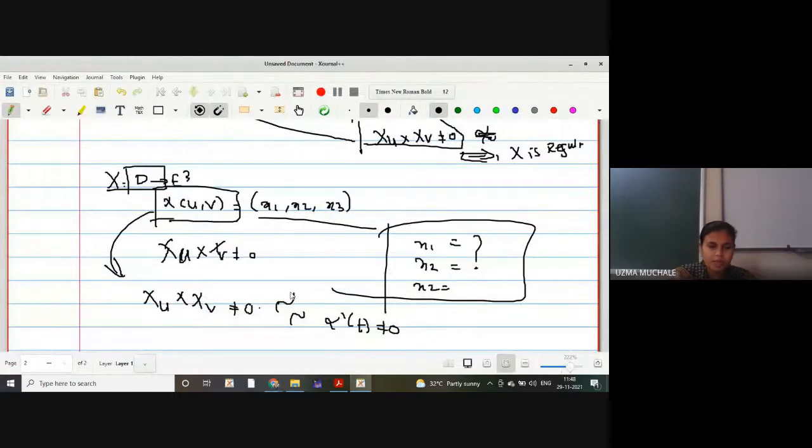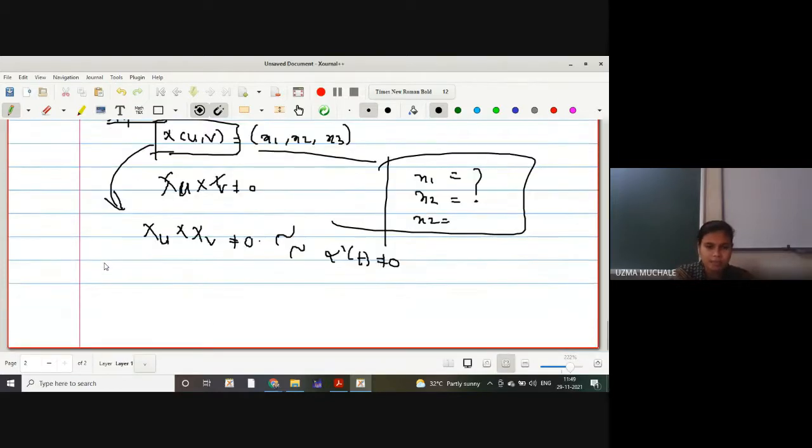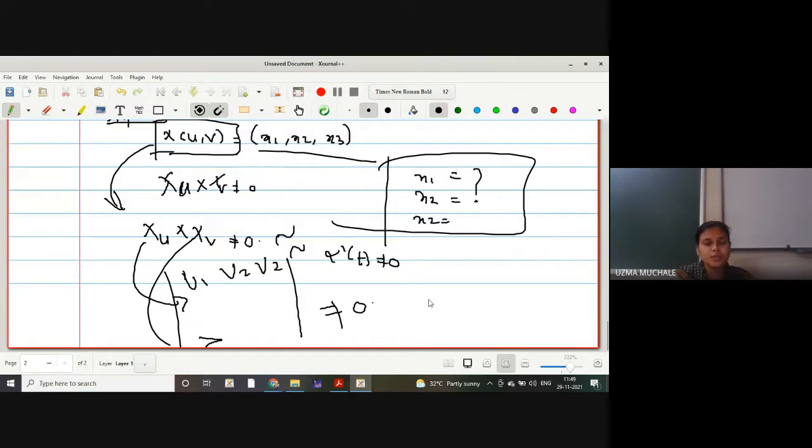So you have to find the derivative and take a cross product. Why are we taking a cross product? Because these are some mappings, no? If you want to find xu cross xv, we cannot just write xu xv. Instead of alpha dash of t, what do we have to write here? xu cross xv means what? Here u1 u2 u3 first as it is, then the coordinates of xu, then the coordinates of xv, and if it is not equal to 0, it ensures that your mapping x is a regular mapping.